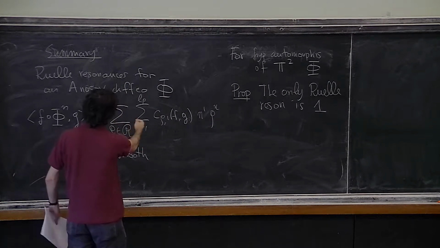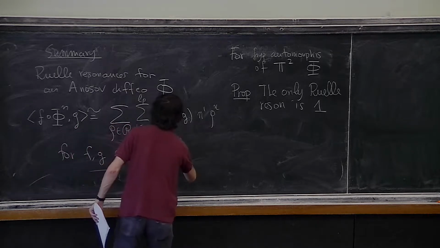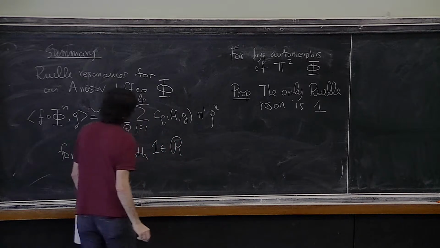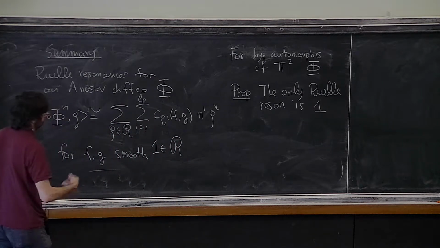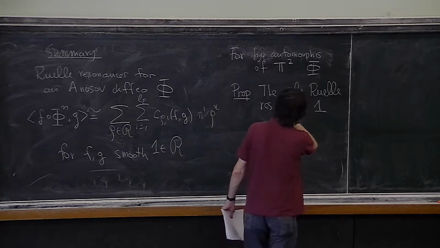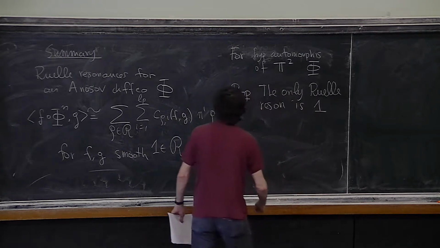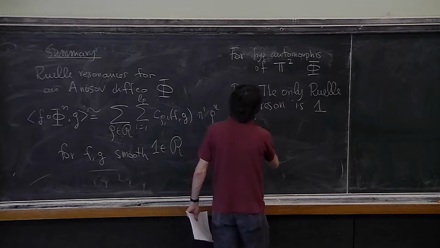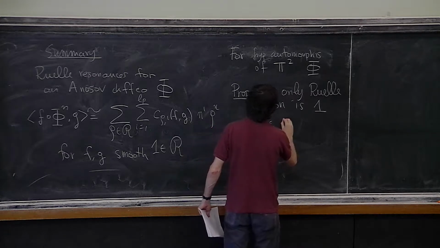In a situation where we have a volume preserving system, the set of resonances always contains 1. The only Ruelle resonance is 1, which essentially means that if f and g are smooth,